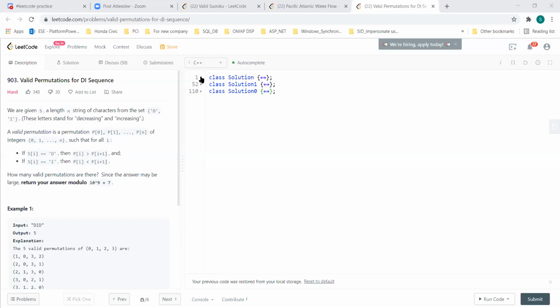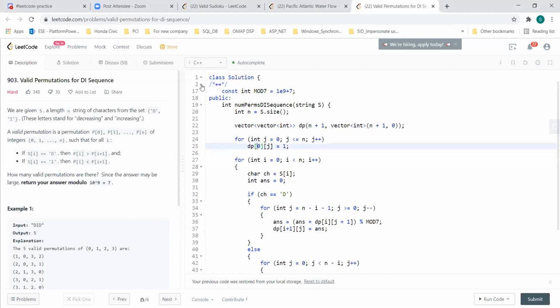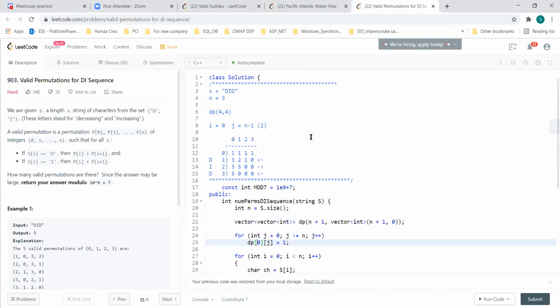Here, when I was working on this solution, this is the diagram. If this is my input string, then n will be 3, so I'll form a DP array of 4 by 4. The rows are numbered 0, 1, 2, 3, and these are the columns, and all the inside will be my DP array. Initially this will be my base case, the zeroth location, they all will be 1, 1, 1.